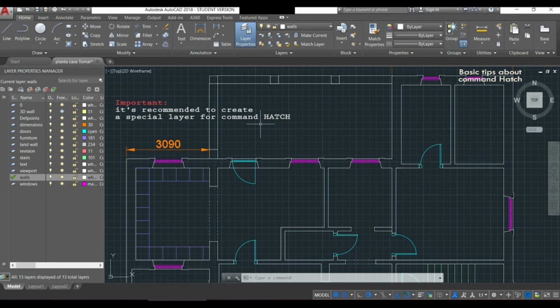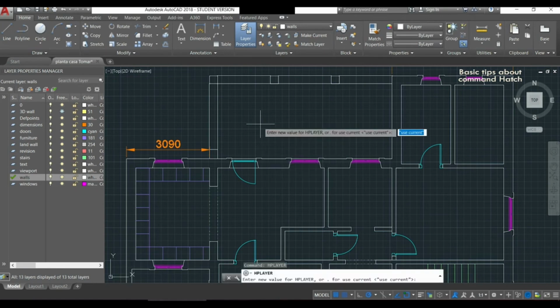It's recommended to create a separate layer for the hatch command. It is important because if we are working on a project with lots of hatch objects, the computer might get a bit slow, especially when we are using patterns. If that happens, just freeze the hatch layer and then the work speed should be fine.